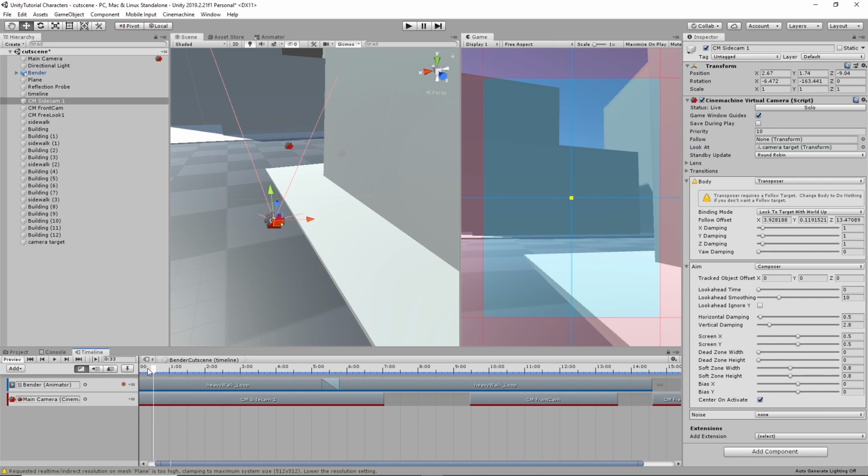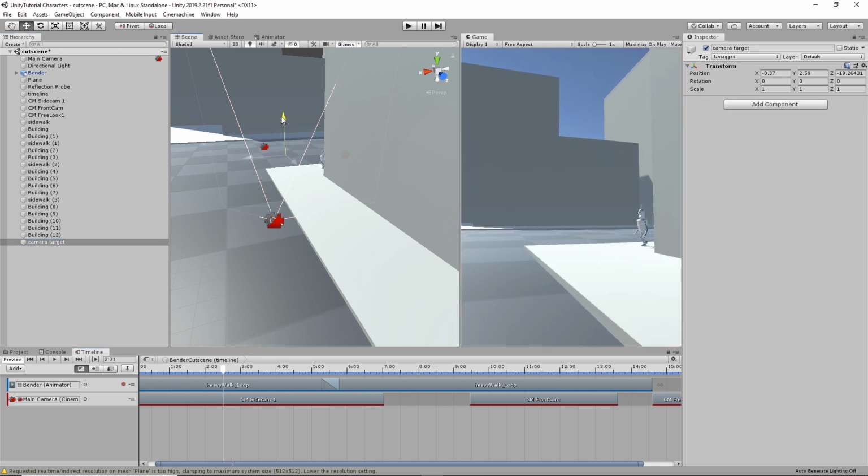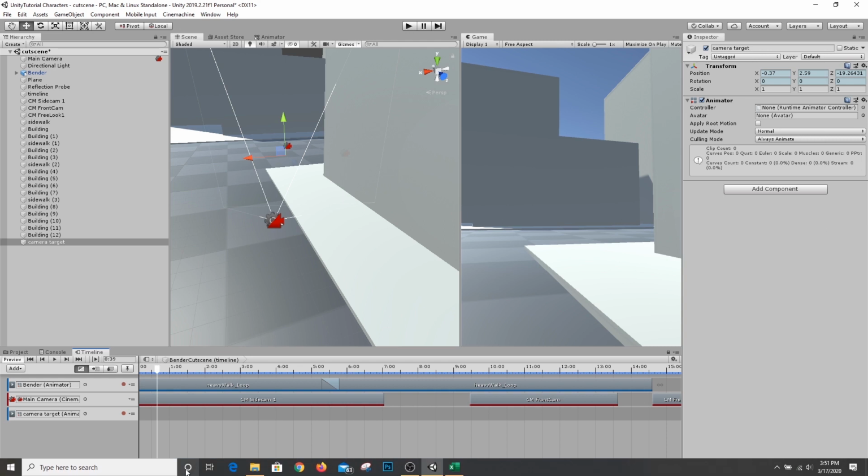Let's see what that looks like from a point of view of him walking down the street. That's cool. So you're like, well, what? Now we can't follow him, but what we can do is make that object follow him, or appear to follow him, using some keyframe animation. So what I want to do is select the target, move it down a little bit, and I probably want to animate it. So let's grab the camera target, drag it into our timeline, make an animation track, and make sure we're at the beginning